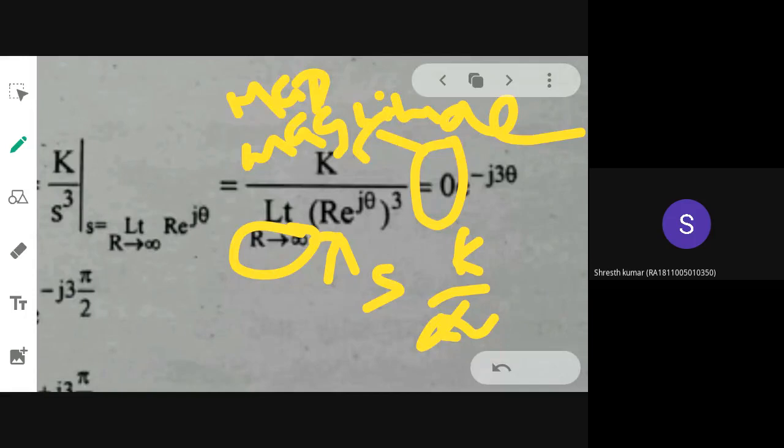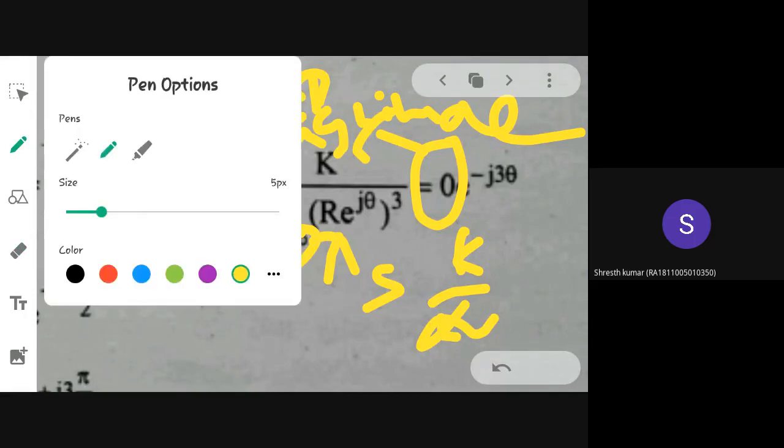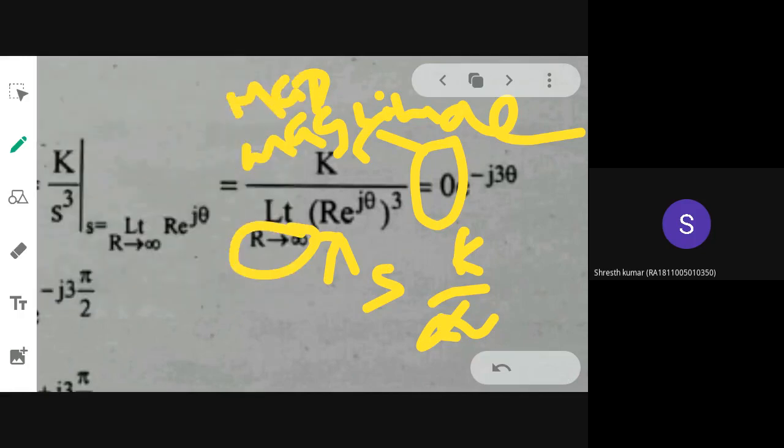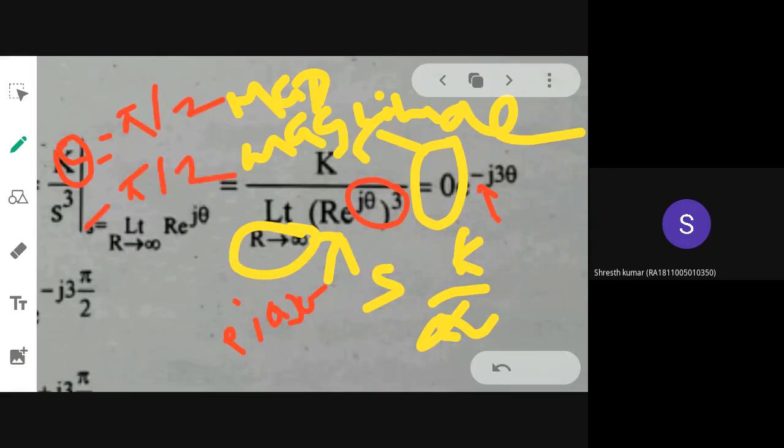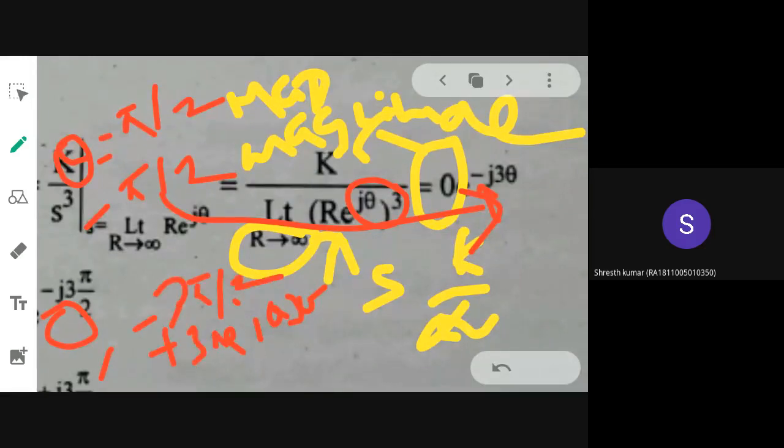Suppose you are considering the angle given by theta. So this is e power j3 theta. If you are taking it up, the sign will go negative, and you know that theta is varying from pi by 2 to minus pi by 2. If you substitute these two conditions here, then for the map, we already know the magnitude is 0. Now the angle variation will change. It will be from minus 3 pi by 2 to plus 3 pi by 2. This is for the map.